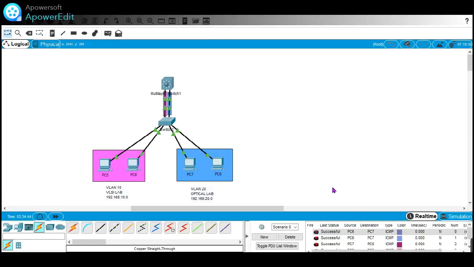Hello everyone. In this second video, we will take another case where we will take one more switch, a layer 2 switch. So we will take a 2960 switch, and under this switch we will connect a few end devices. Suppose we are taking few PCs, that is, we will take 4 PCs,